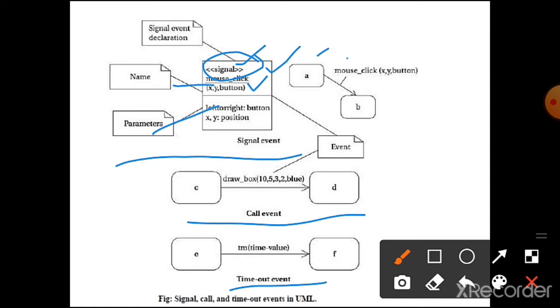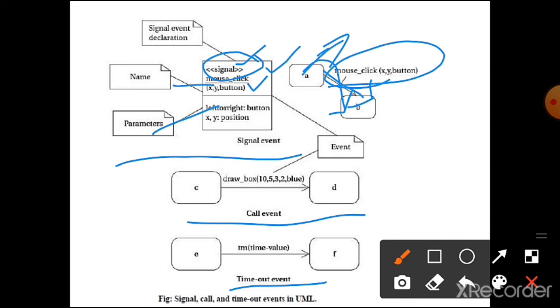So when the button is clicked, a mouse click occurs, and then it moves from one state to another. Here A is the first state, and when a mouse click occurs, its state changes from A to B. That is a signal event.